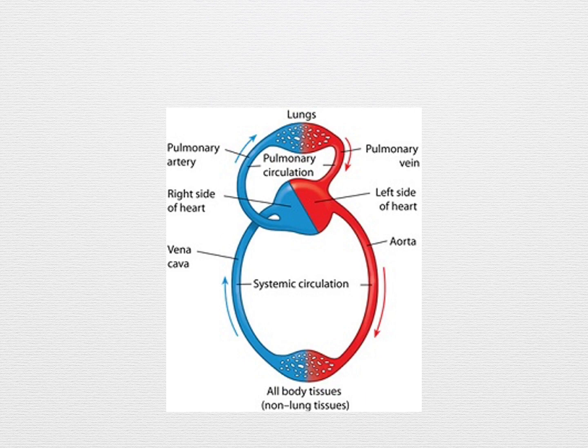So this diagram here represents the pulmonary and the systemic circulation in our body. From the right side of the heart, the deoxygenated blood moves into the lung via the pulmonary artery. The lung oxygenates the blood and transports it to the left side of the heart via the pulmonary vein. The left side of the heart pumps the blood to the rest of the tissue via the aorta, and the vena cava are important to collect the deoxygenated blood from the tissues and pump it into the right atrium.